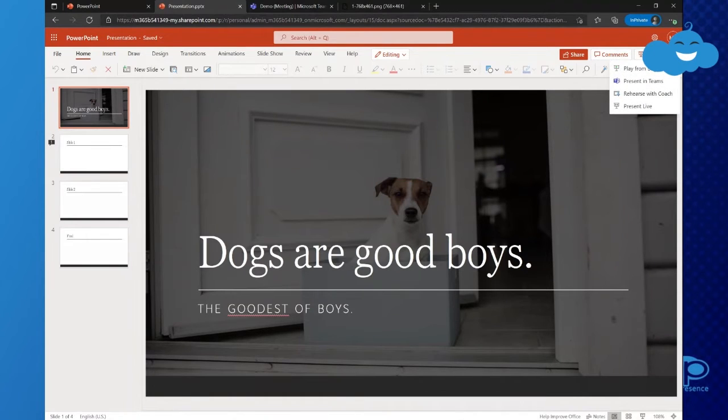This present button is relatively new. There were areas where some of this stuff existed prior, but it was in other tabs. Now they've consolidated it all into what they're referring to as PowerPoint Live, and that will be this area. I have this presentation on why dogs are good boys, and we can play from the beginning,